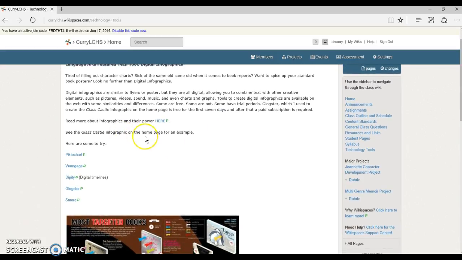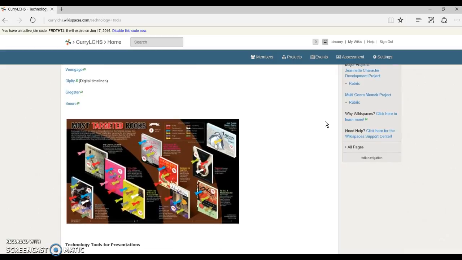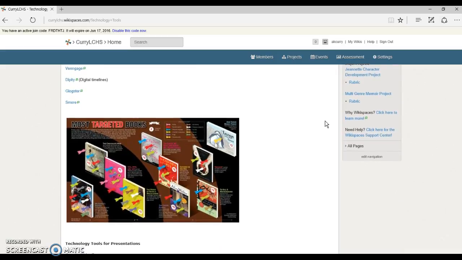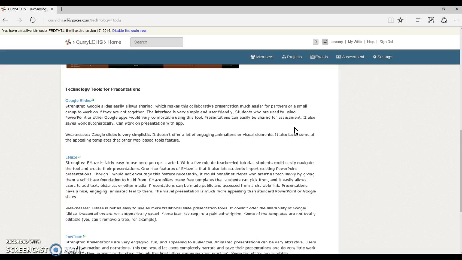They obviously have the homepage example that they can take a look at, and then there's some others that they can try. I did point out to students that some of them do require paid subscriptions, while others are totally free. Some of them do have free trials as well. And then for an example, I have a most targeted books list here, as students are always interested in books that are banned. So in addition to the featured tech tool, which is one that I had in my disciplinary technology assets, I did include some information for students about presentation tools,